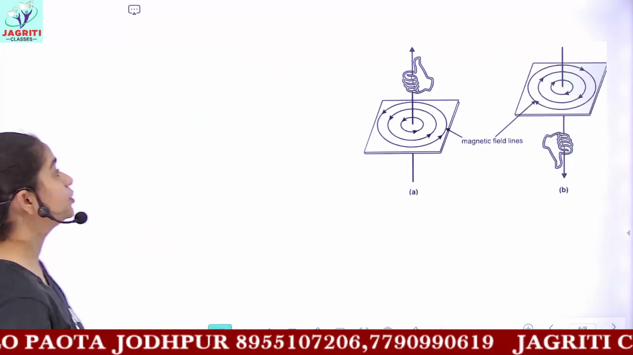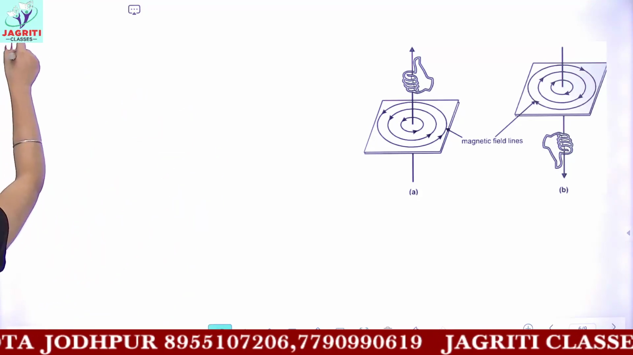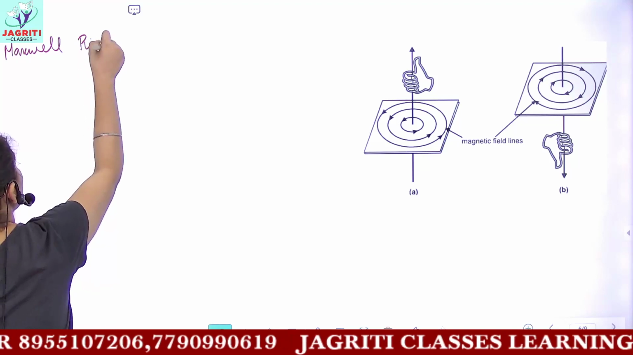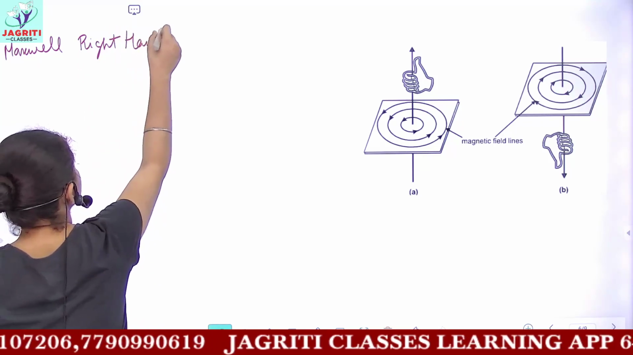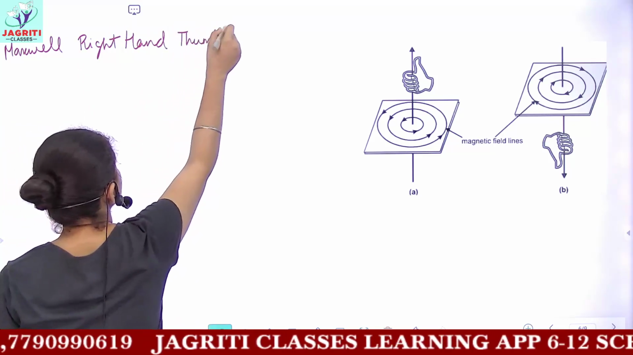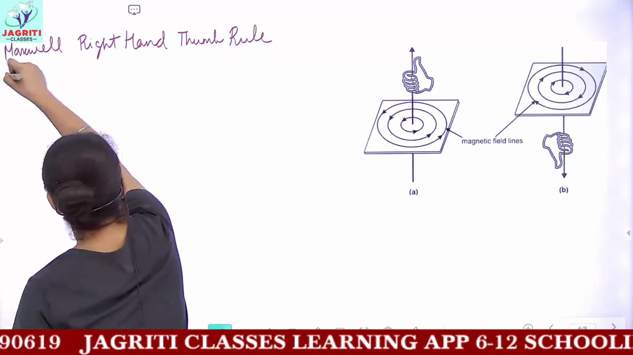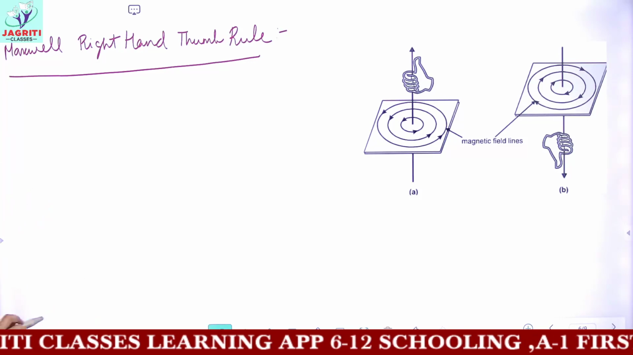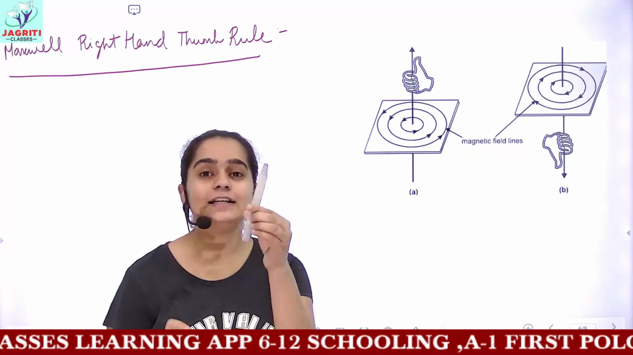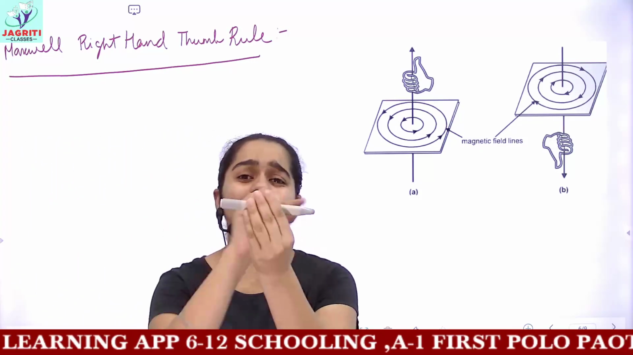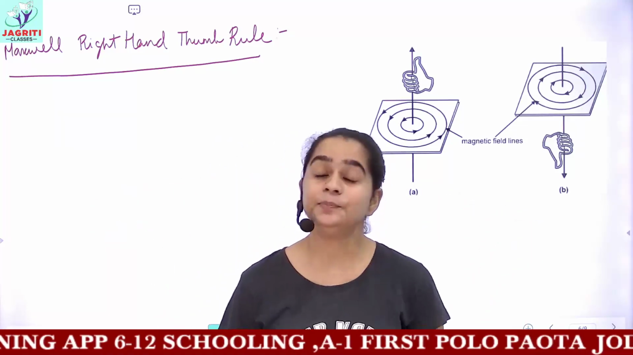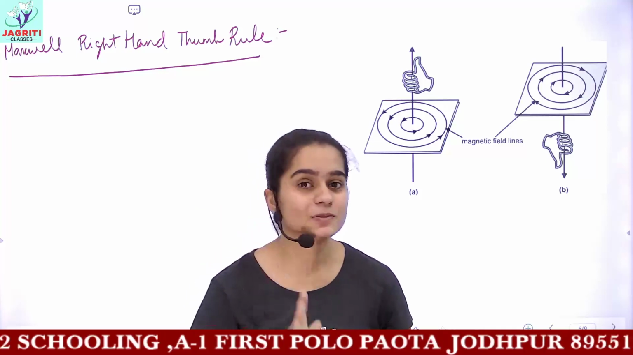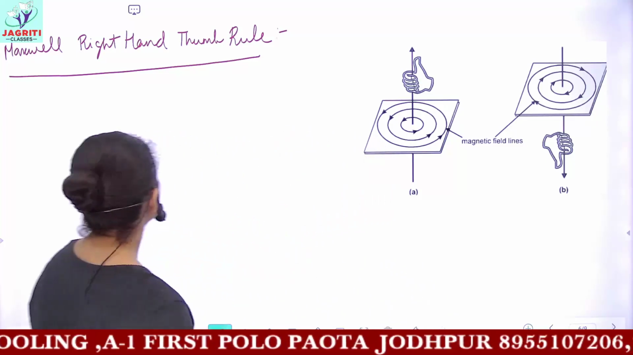Now we are moving on to the next, which is Maxwell's right hand thumb rule. So what is this rule and why is it used? This is of very much importance. See, whenever a current is flowing through a conductor, you are taking a straight conductor, that is a straight wire, and whenever a flow of current occurs through that wire, then a magnetic field is produced around that wire. So we say that